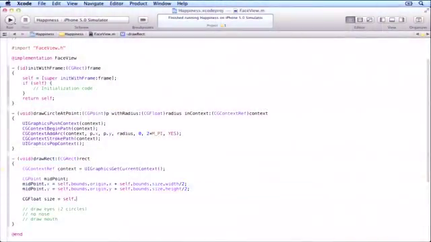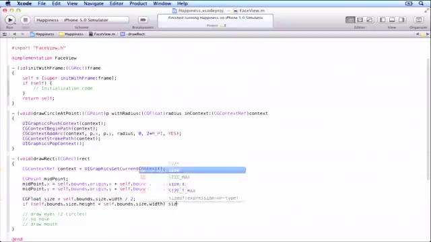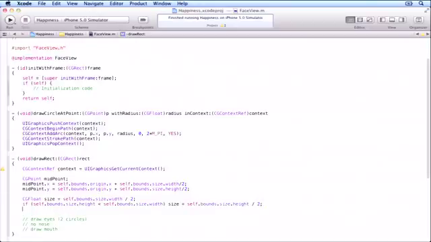So let's do a float here. Size equals self.bounds.size.width divided by 2. Let's assume it's our width. But if our height is less than our width, then we want to use the height, right? Now, some people might be a little concerned that we keep calling all these getters. Again, the overhead to call these getters compared to the drawing we're about to do is completely negligible, right? And we could have a local variable, put self.bounds in a local CGRect, save ourselves some getters, but